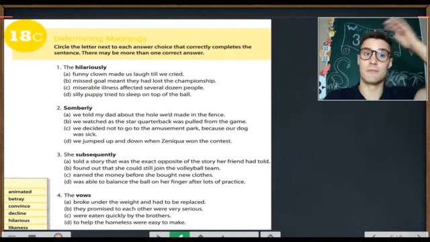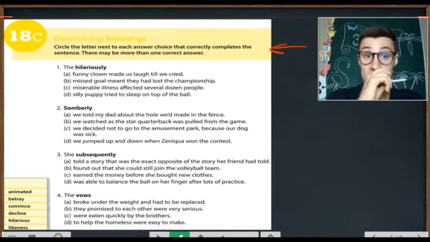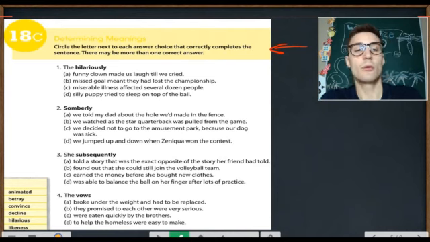Let's continue. Next up is activity 18C. Let's read the instruction. Determining meanings. Circle the letter next to each answer choice that correctly completes the sentence. There may be more than one correct answer. Remember that. Number 1. The